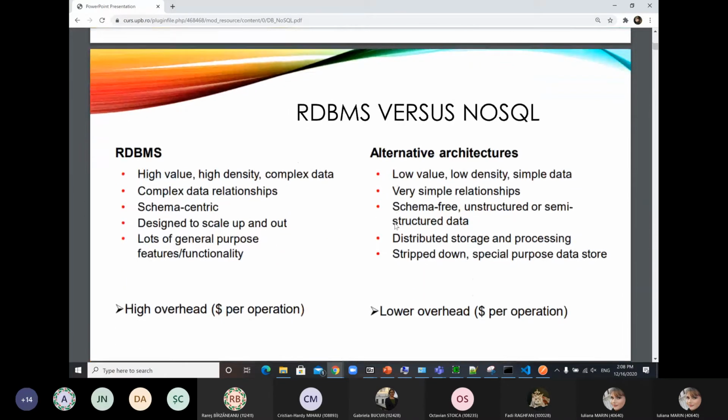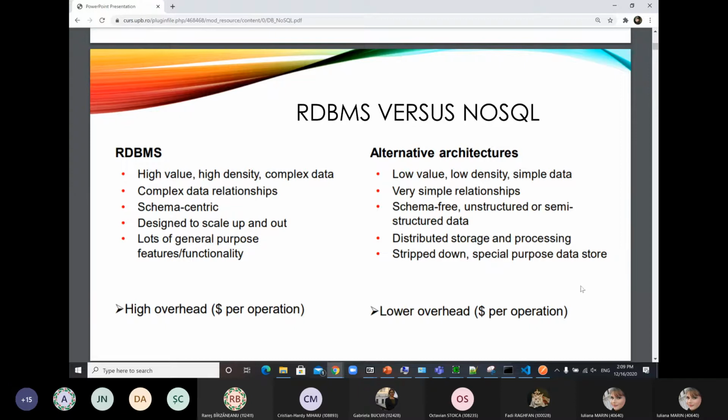So this means that before, you were using the relational database management system, where you have each and every table linked based on foreign keys. So in this case, you have complex data, you have complex relationships. As you've seen from the previous laboratory, you have to write a lot of joins. Everything is based on schemas, so you can add new tables, meaning that your schema will expand and you will have more relationships. And in this case, when you want to perform operations, you will have a higher cost